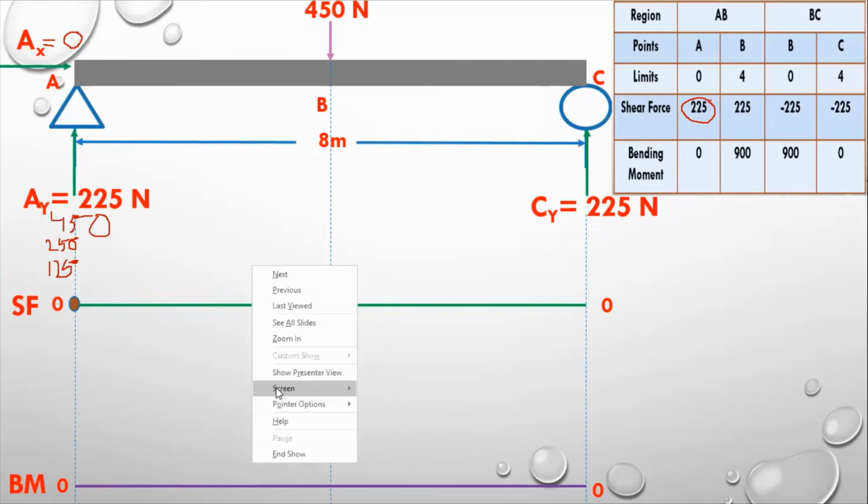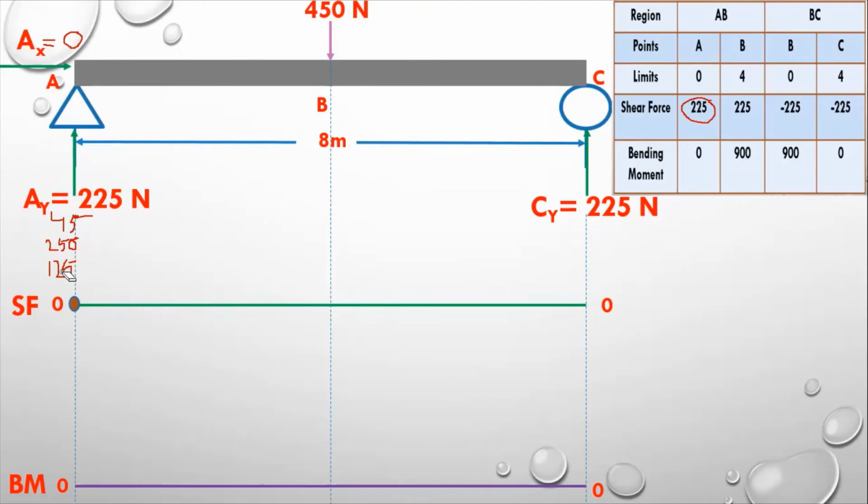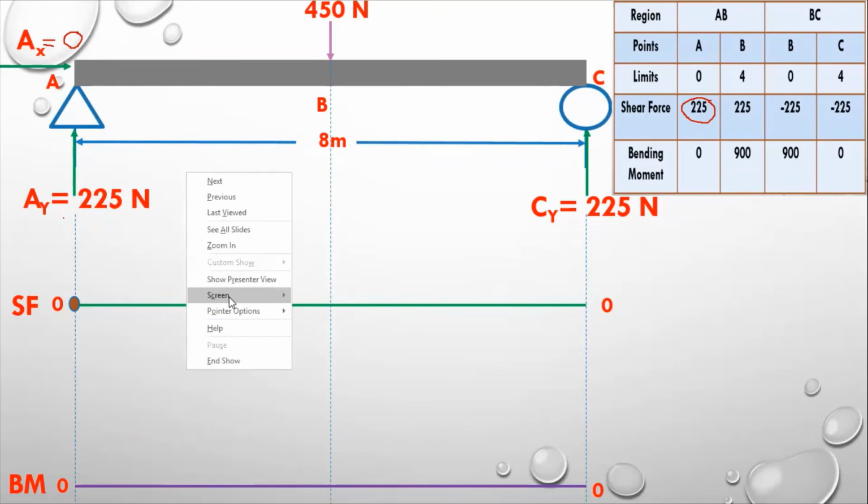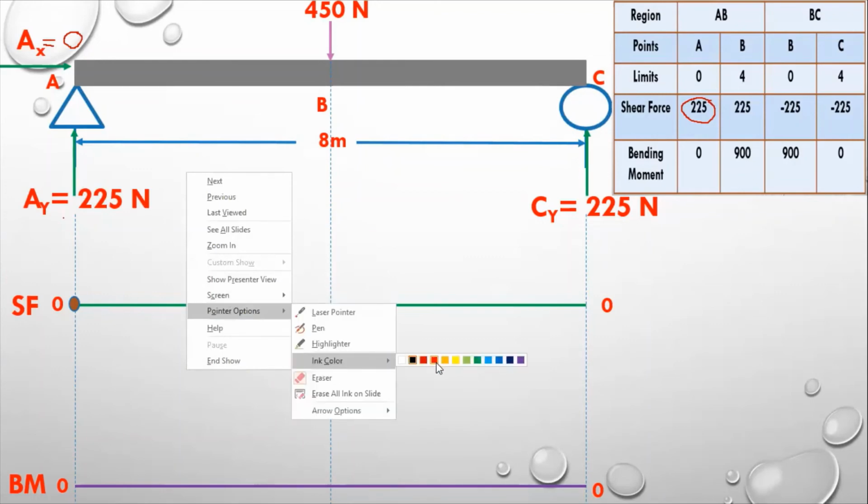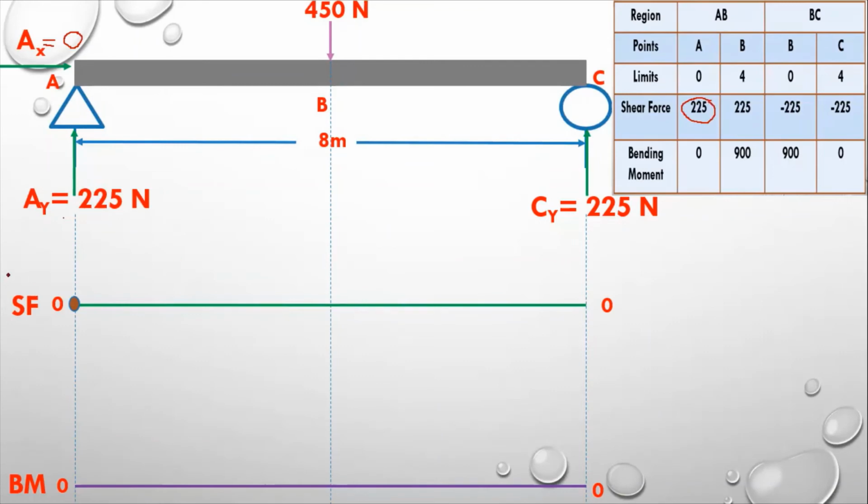So what I have to do now is erase this, and I will mark the value which I have to take. The first value is 225, so I will mark it here somewhere. So it is this point, and this is 225 Newton. At point B, what value do I have? Again I have the 225 value. So 225 at point B. So the offset is down from this point, so I will take 225 here, parallel to this point, and opposite at point B.